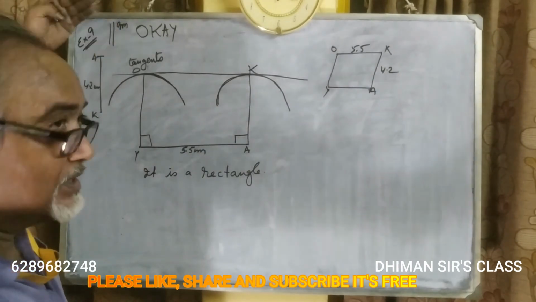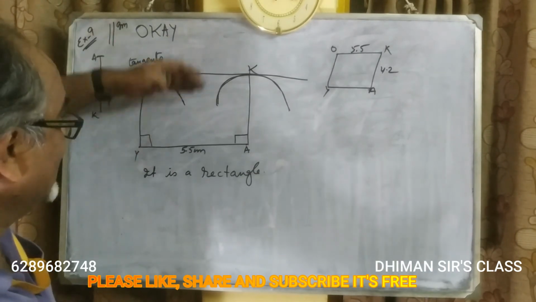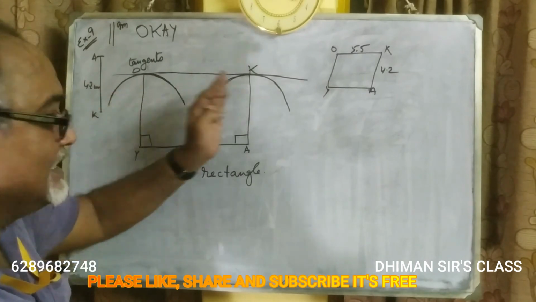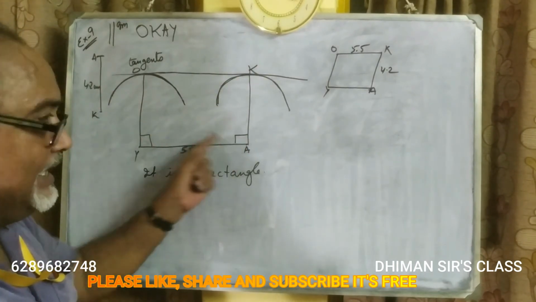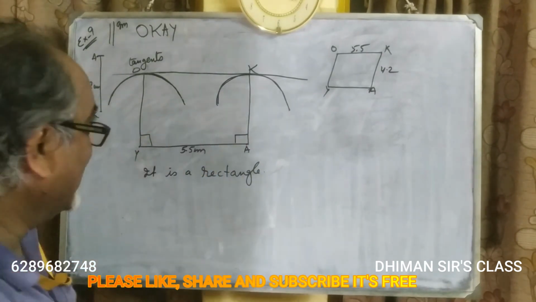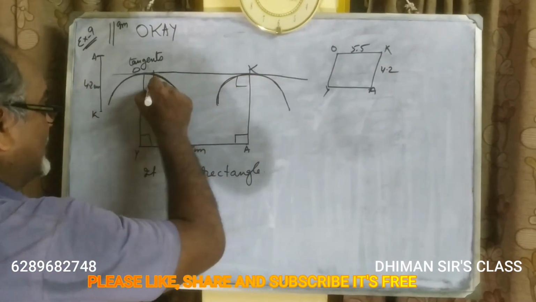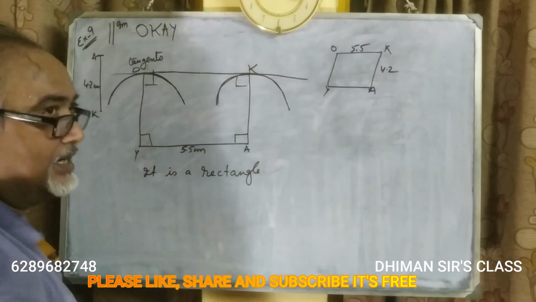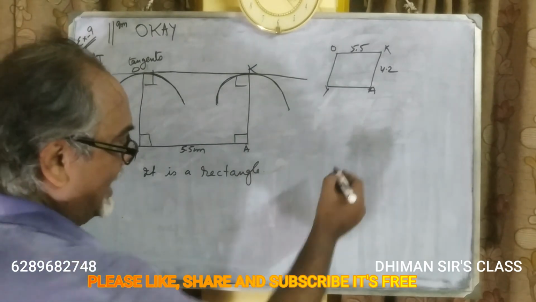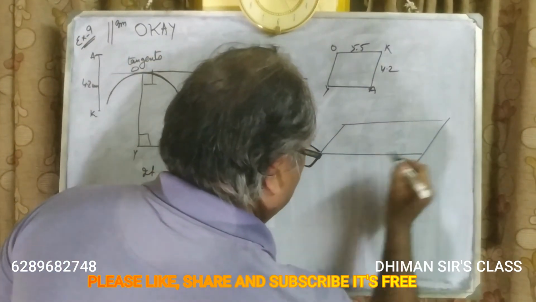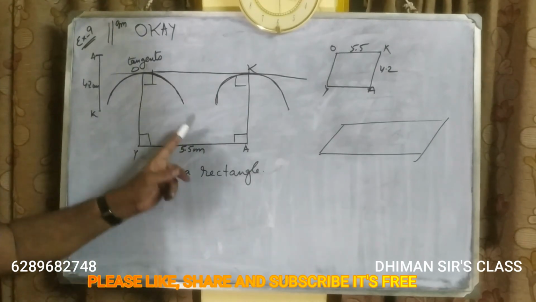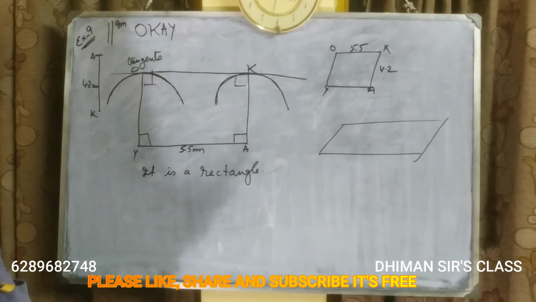A rectangle is always a parallelogram. Because opposite sides are equal, opposite sides are parallel, opposite sides are equal, opposite sides are parallel. 90 degree plus 90 degree, 180 degree means in co-interior angles 180 degree. And even opposite angles are also, this also has to be 90 degree. Opposite angles are also 90 degree. So, rectangle is a parallelogram, but a parallelogram is not a rectangle, my students. Okay? So, this has formed a rectangle.